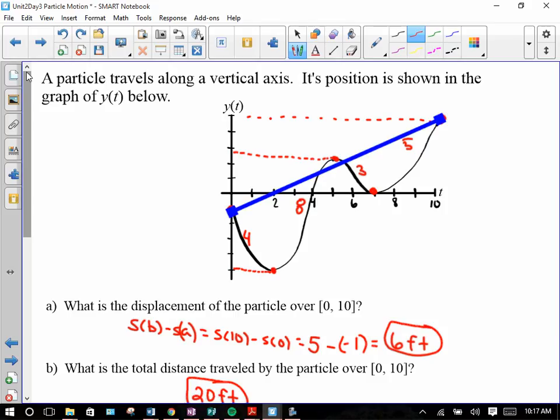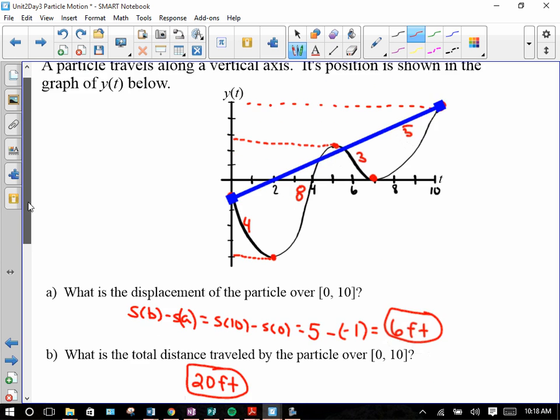Alright? And you come here, you get further away from the origin, further away from the origin. Now you want to go back closer, closer, closer, closer, closer, and then you have the origin. Now you move away from the origin again. Now you come back towards the origin. You get to the origin, and then you start moving away from the origin. Alright? So that's going to be